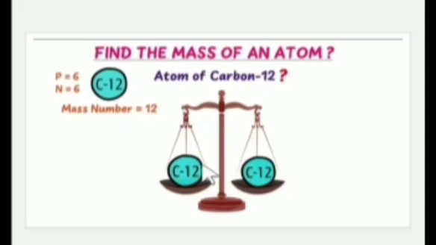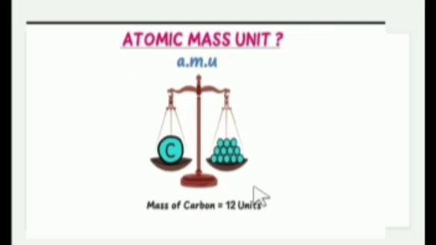If we put carbon 12 on one side of the balance and another carbon 12 on the other side, then this balance will be equal. It means it is easy to reach equilibrium with the help of carbon 12. Okay students, if we divide the mass of carbon 12 into 12 units, then both are equal, and this is the easy way to identify and balance a carbon atom.